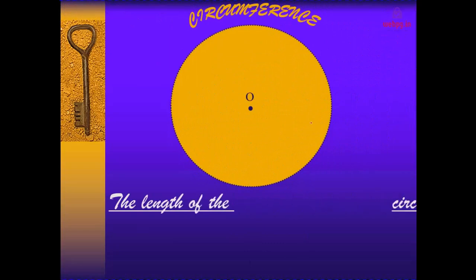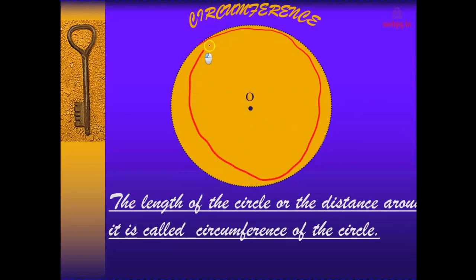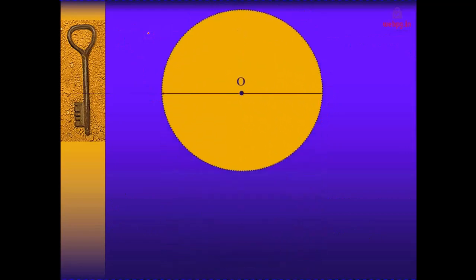And this is the circumference. As we all know, this line is called the circumference, right? This is the actual line that we see here. The length of the circle, or the distance around it, is called the circumference of the circle. If we cut this at any point, we will see almost a straight line. If you have a small wire and you make it into a circle, then if you unfold it again, you will get a straight line. So this is the actual circumference. So these are the basic definitions.